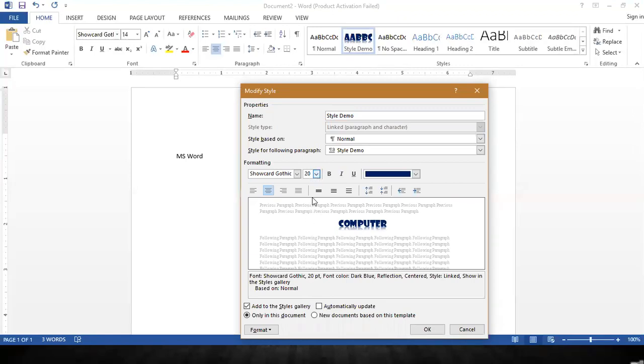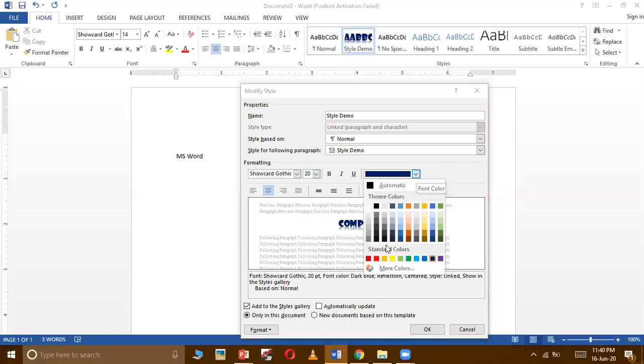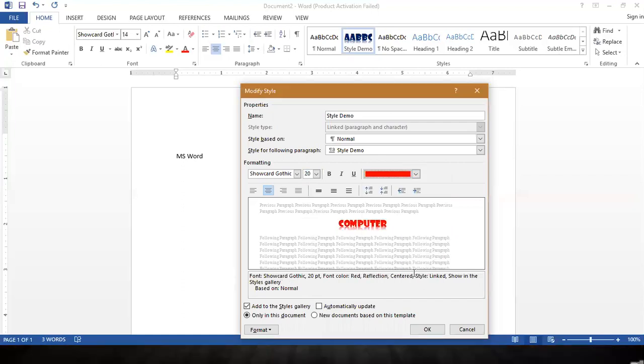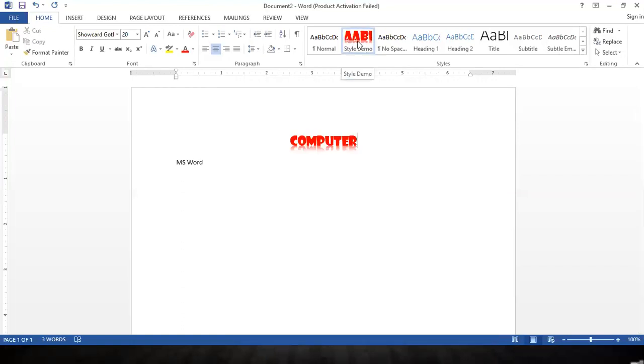Whatever font style you want, according to that you can select the font size. There are plenty of font sizes available, so you can select whatever you prefer. So I'm selecting 20 here. After selecting the font size, suppose you want to make some more changes, for example, you don't want this navy blue color, you want another color, then you can change that color also. For example, I'm going to make it red now. Once you have done the changes, click on OK again, and that design will be saved. That style will be saved in that same style which you have created earlier. So the changes have been saved in that.